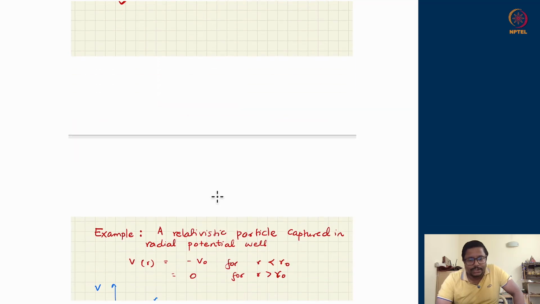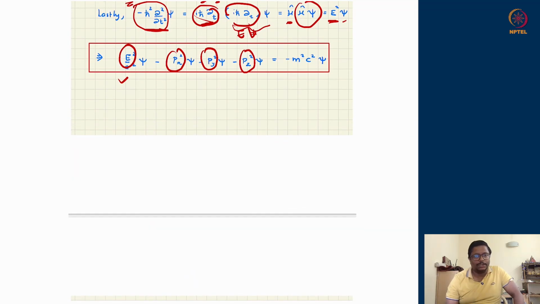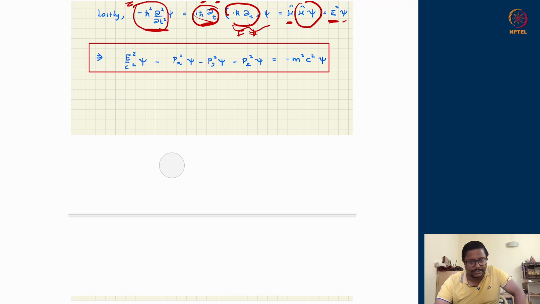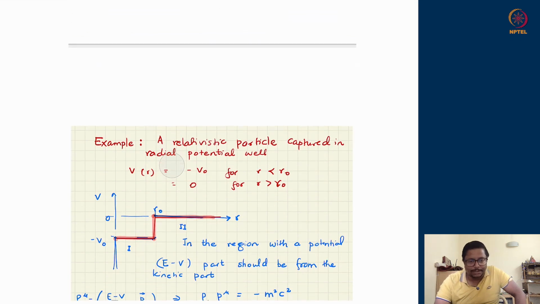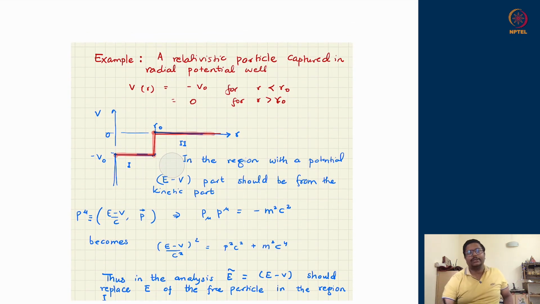Okay, so this is an equation which one should be solving for a relativistic particle. This is a good replacement of the Schrodinger equation, so to say. Let us see this through an example. Again, we are all familiar with the step problem or the quantum well problem, where a particle is supposed to live in a well, and we want to know the probability of the wave function being in regime 2 or regime 1 depending upon the depth of the potential well.